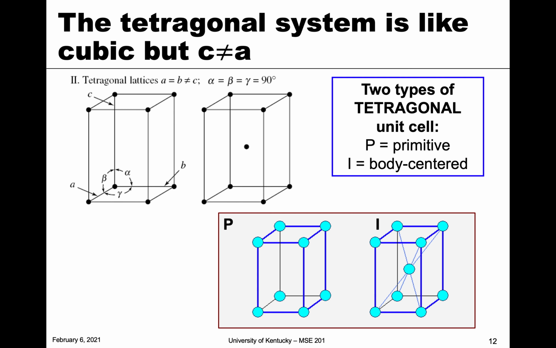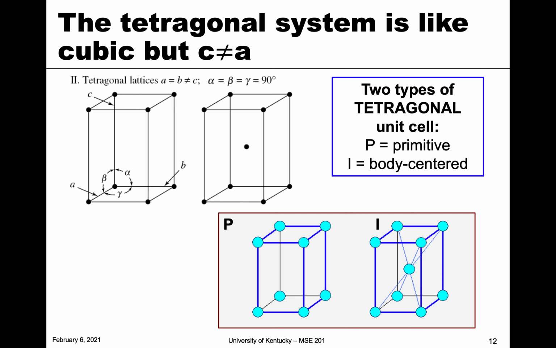For the tetragonal, again, it's like cubic, but we have one axis, in this case the z-axis, which is elongated or shortened. So it's not the same length. Here they're showing it longer. And in this case, there are 2. We have the primitive and we have the body-centered. And if you're wondering, as we go through this, why there are only certain ones and not others, so why there's not face-centered and things like that,